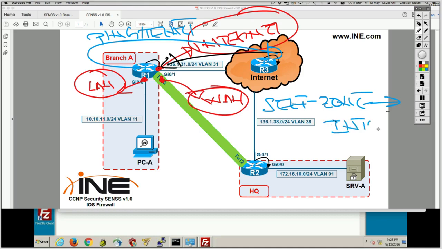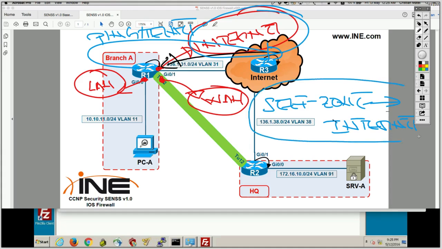Initiated by the router from the self zone, and because it got routed out on an interface which is a member of the internet zone, the firewall policy direction of that traffic flow was self zone to internet.